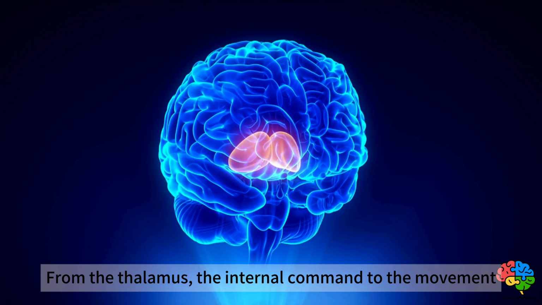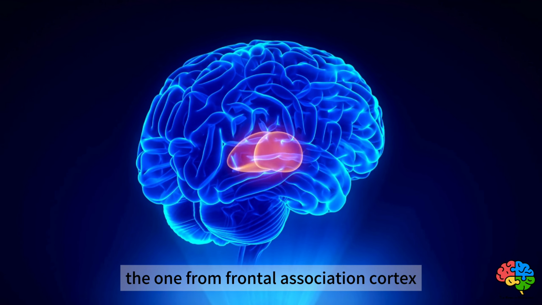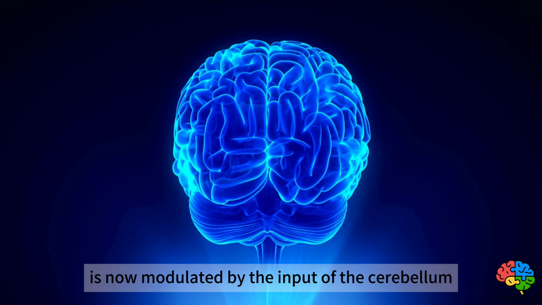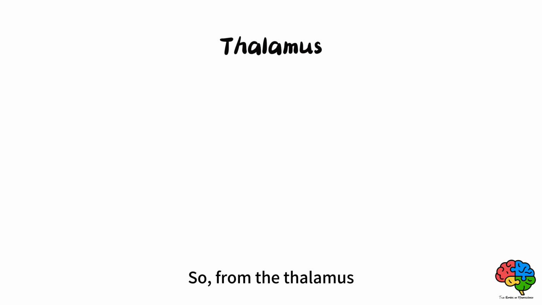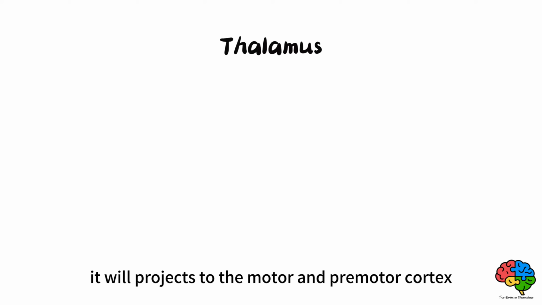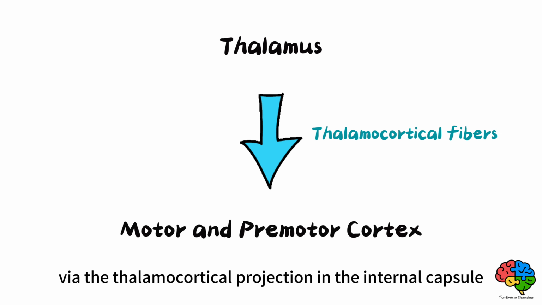From the thalamus, the internal command to the movement generated in the frontal association cortex is now modulated by the input from the cerebellum and also the basal ganglia. So from the thalamus, it will actually project to the motor and also premotor cortex via the thalamocortical projections in